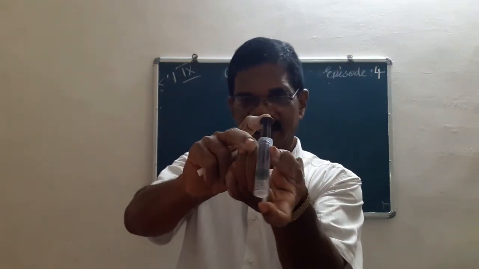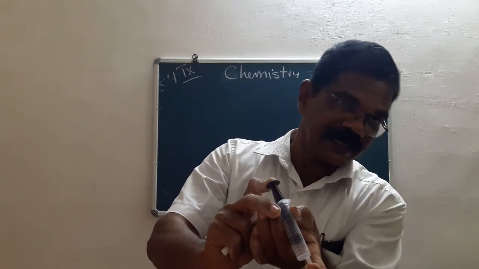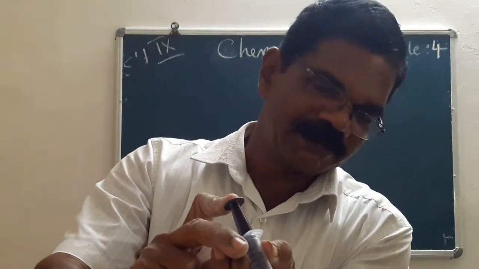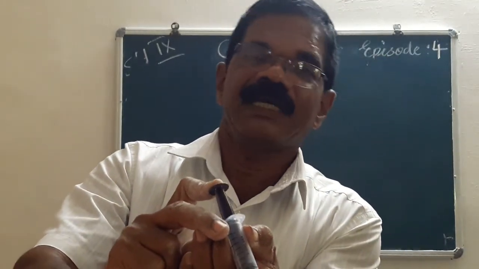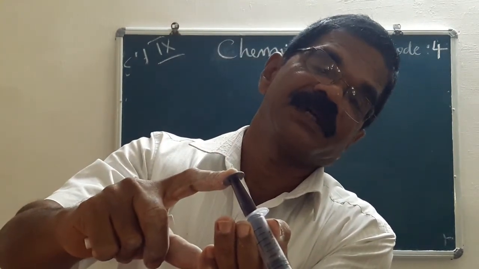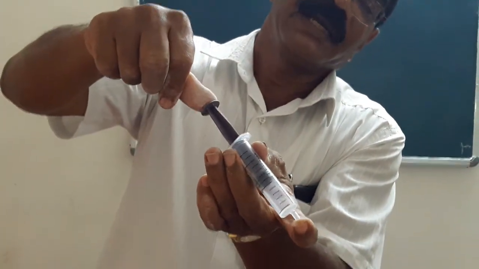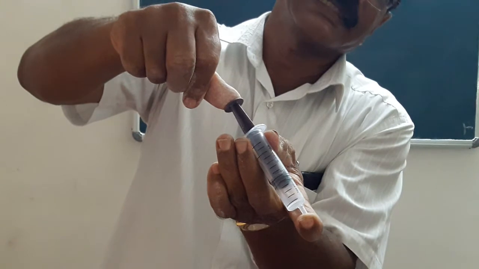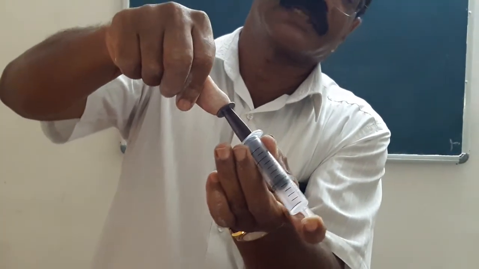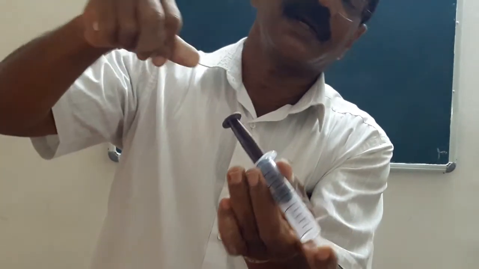Then press it. What can you see? We can't press completely. You can press only a little. When we press, the volume of the air inside decreases. When we remove the finger, please note the piston goes backwards. When we exert pressure, the volume of the gas decreases. On release of pressure, the volume increases. You can do the experiment. On exerting pressure, the volume of the gas decreases; on release, it goes upwards.